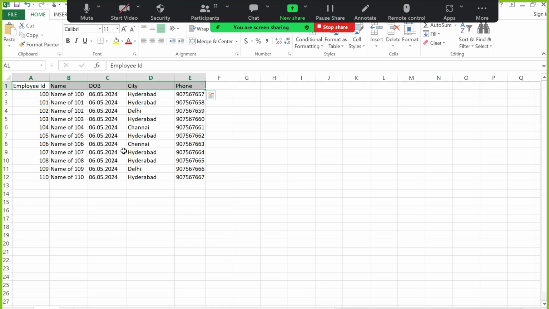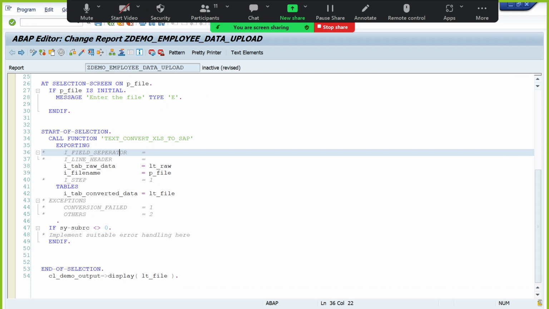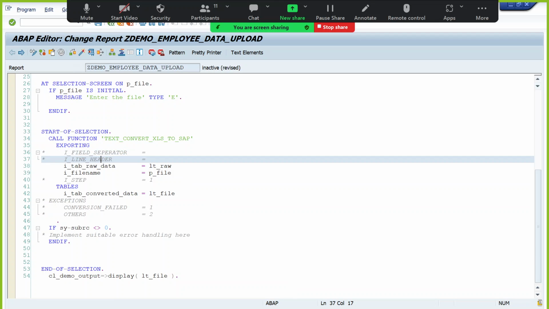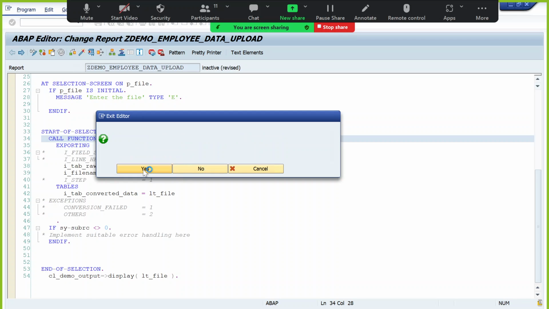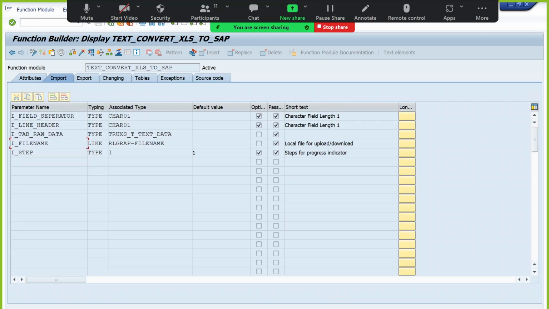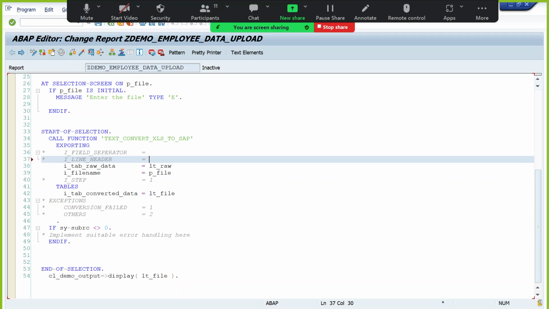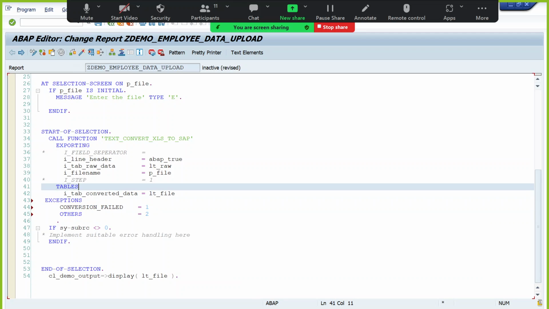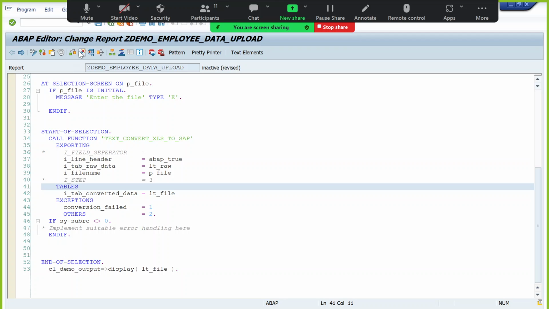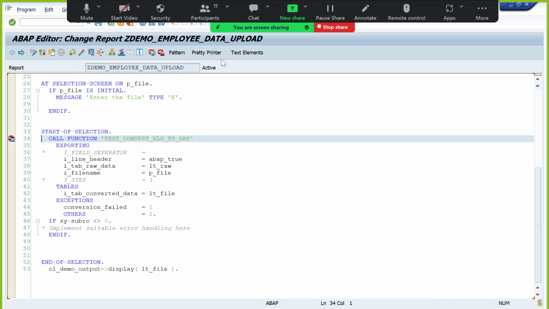We should upload only the actual values, so that I line header. What is the data type of this? Char 1. Line header is there. So, enable this, since it is optional, ABAP underscore true. That means X value. Okay, so that it will skip the first record, and enable the exceptions. Activate the program. Now let's try to, I'll keep a breakpoint here, execute the program, or we need to maintain